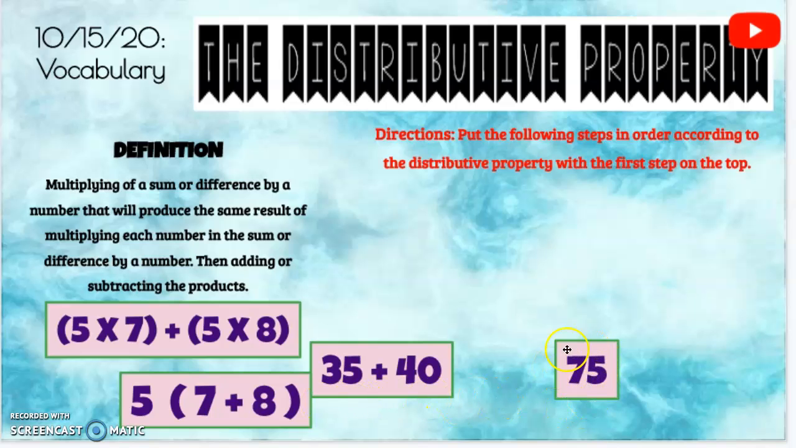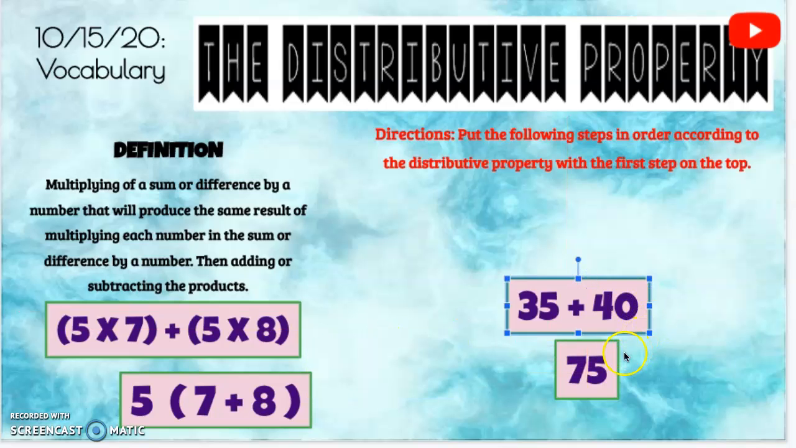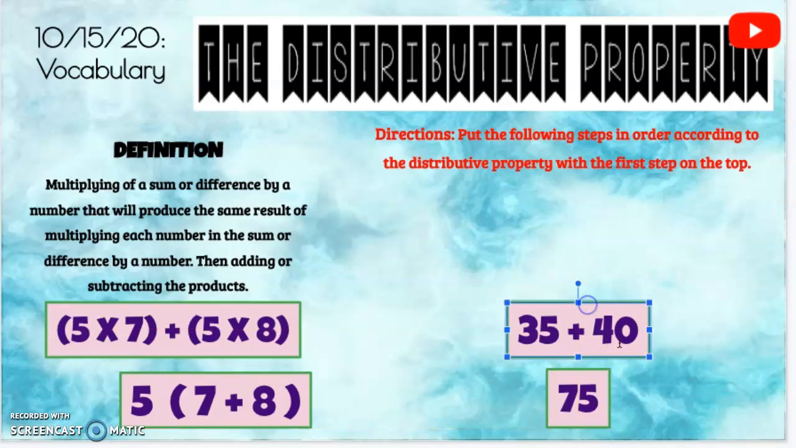Now, how do you get that 75? Well, that 75, that's when you do 35 plus 40, right? So I'm going to actually move these down like this. So 35 plus 40 is going to be 75. Now, how did we get that 35 and that 40? Well,